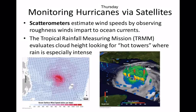So the next chapter is on weather forecasting, and we're going to talk about weather satellites. And actually, there are definitely some weather satellites just dedicated to tracking hurricanes. One such satellite uses a scatterometer, and that almost sounds like a cartoon word, but literally, from above, it can penetrate all the chaos and see what the waves of the ocean are doing, and that's an indication of what sort of wind speed you